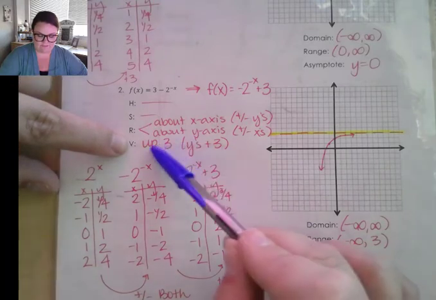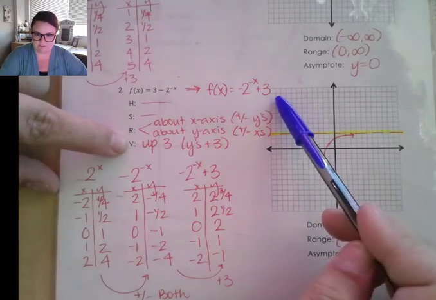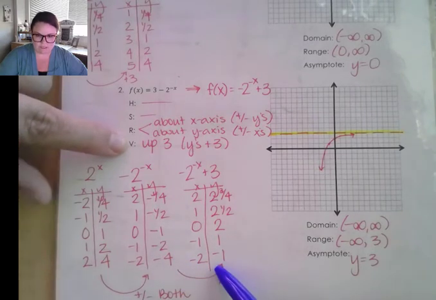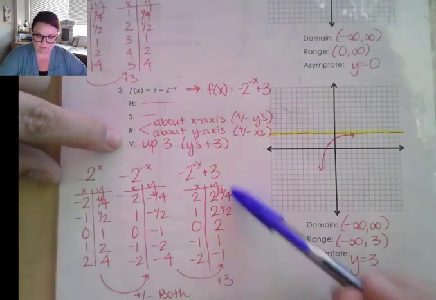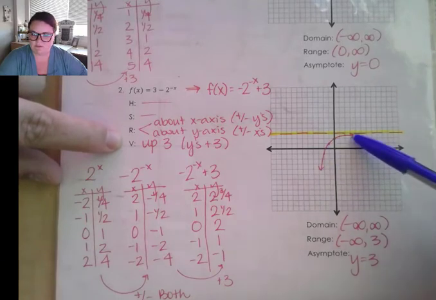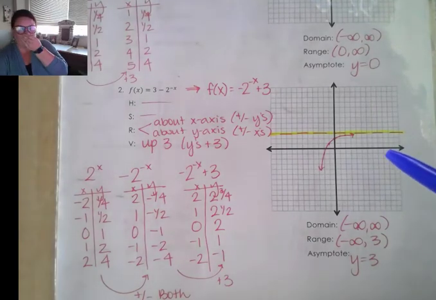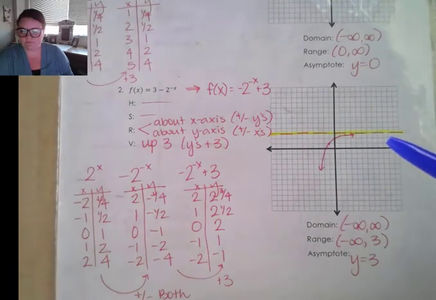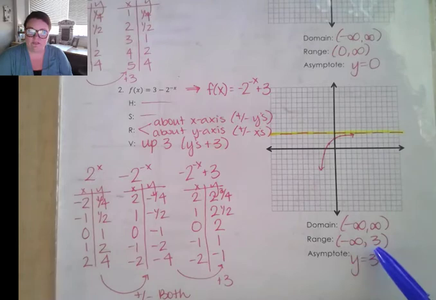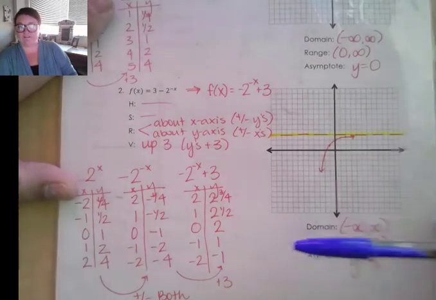And then the last transformation we have is to move it up 3 because of this 3 on the outside of the function. So we add 3 to our y's. Once we add 3 to our y's and graph it, our graph should look something like this, which is an increasing function headed up towards our asymptote at y equals 3, which means our range is from negative infinity to 3, and our domain is all real numbers. Okay? All right, so that's the HSRV